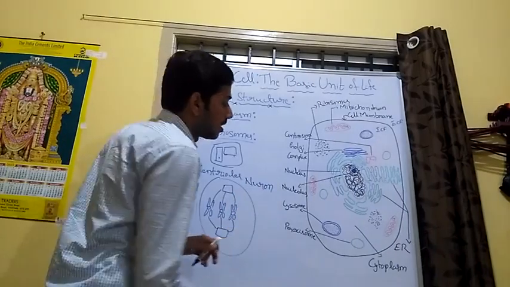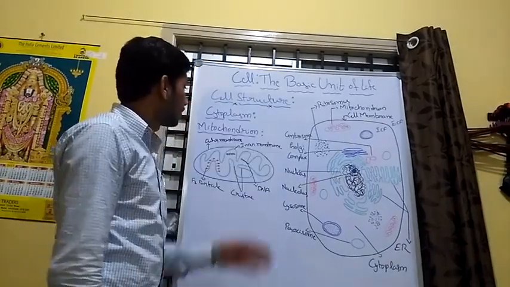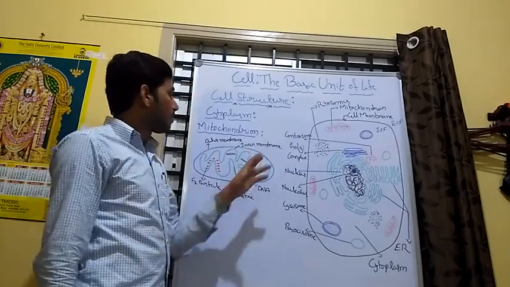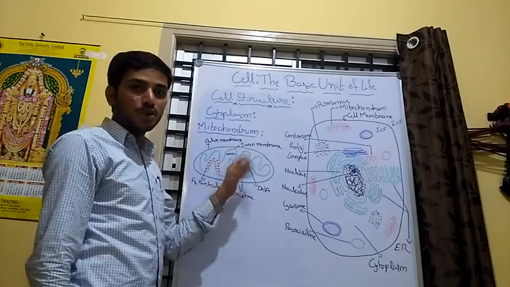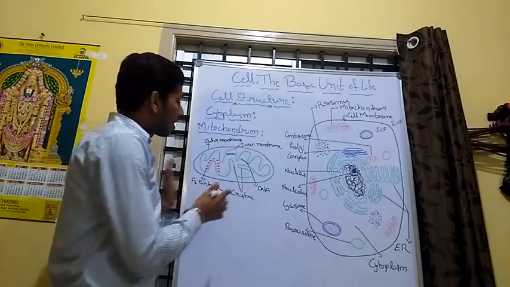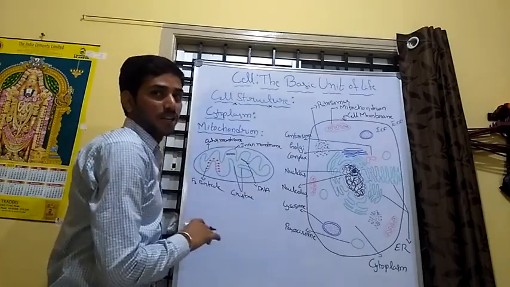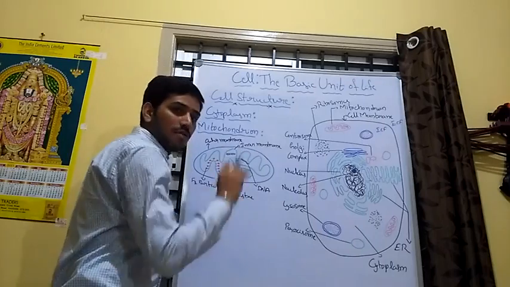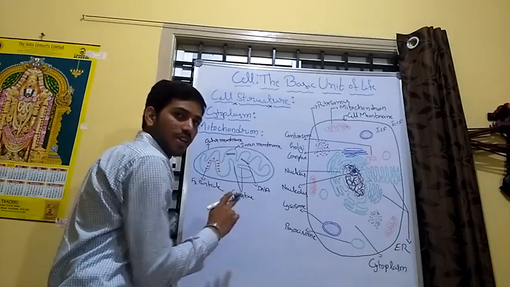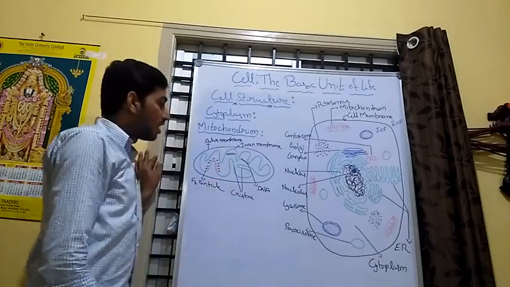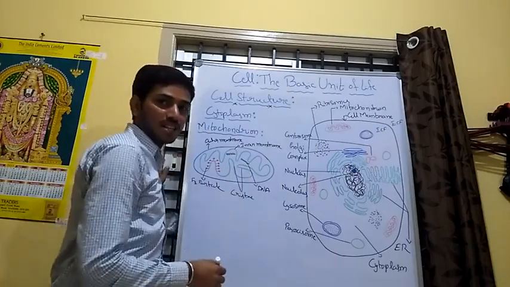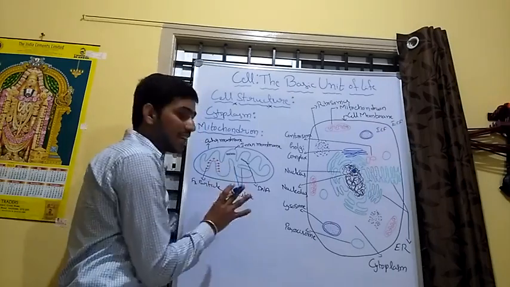Next, we go to the mitochondria. Mitochondrion is a membrane-bounded organelle. It has two membranes. The outer membrane is a thin membrane covering the inner portion of the mitochondrion. The inner membrane forms finger-like projections into the lumen of the mitochondria. These finger-like projections of the inner membrane are called cristae, and they increase the surface area